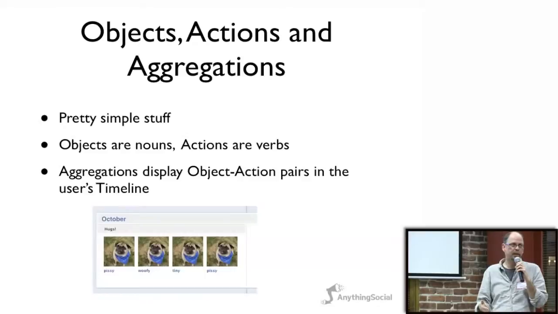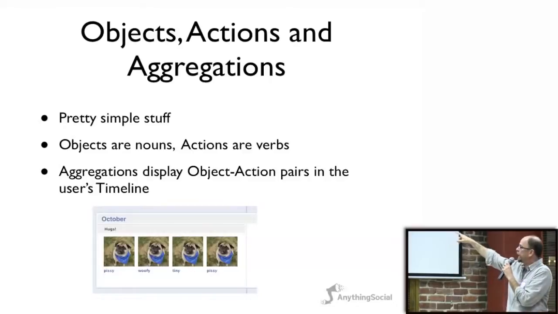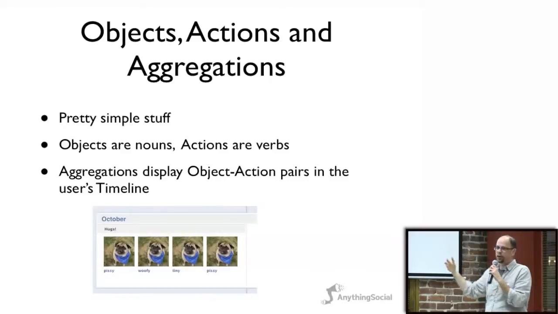And you can start to imagine that there's all kinds of objects and actions that you could add to the graph and make your application much more compelling. Okay, so one thing here, aggregations. This is an element that shows up on the user's timeline, and it basically associates object action pairs in a set context. There's a variety of layouts for this, which you can control through the Facebook admin tools for